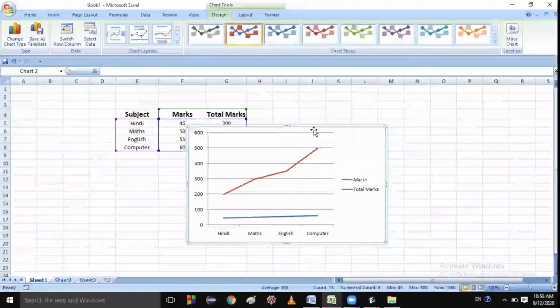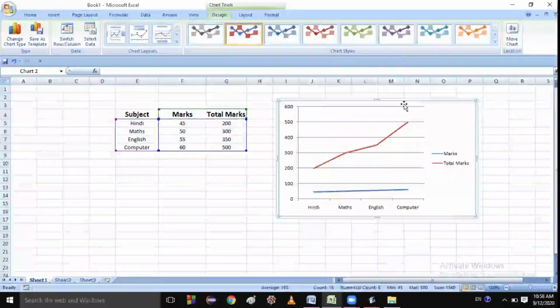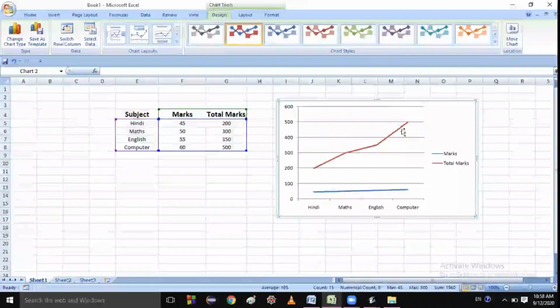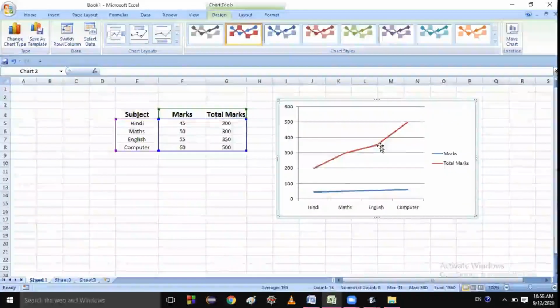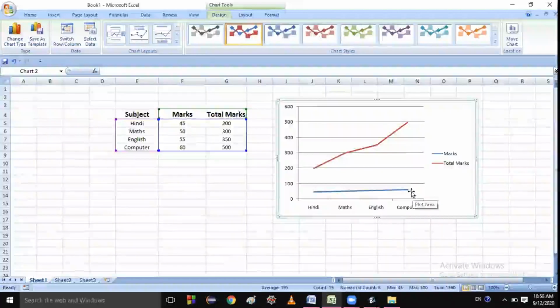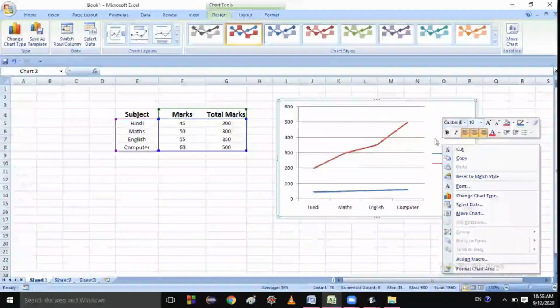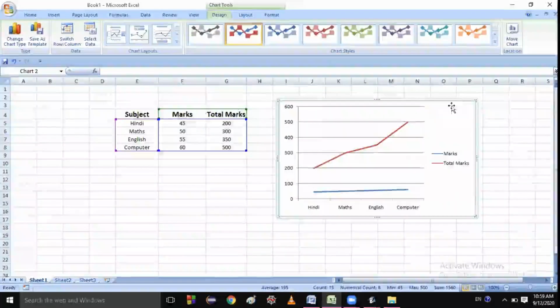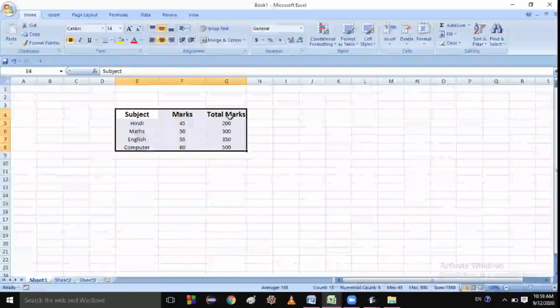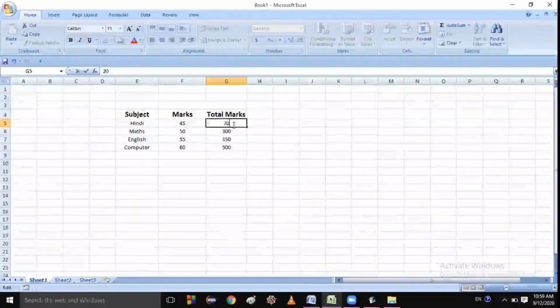You are seeing the two lines. Are you able to see here? So this line is showing the changing data, and this line is showing how much marks you got in English. Okay, basically there is a big difference between the numbers, that's why this line is not coming very close. Let me do something, like if I write 20,